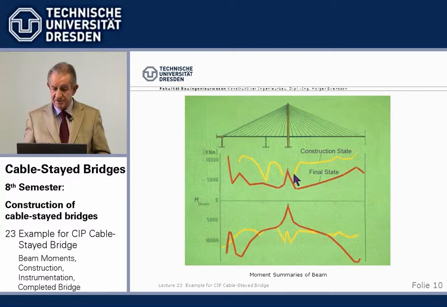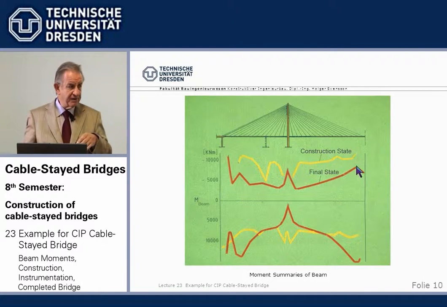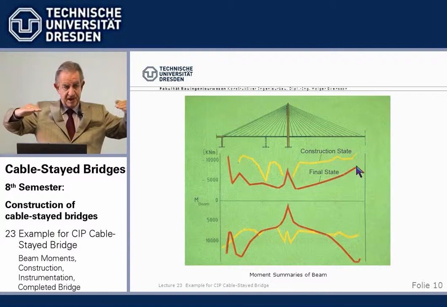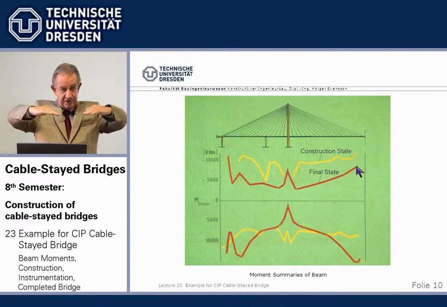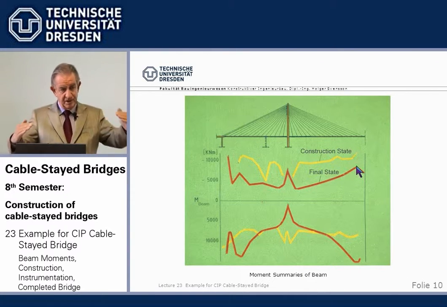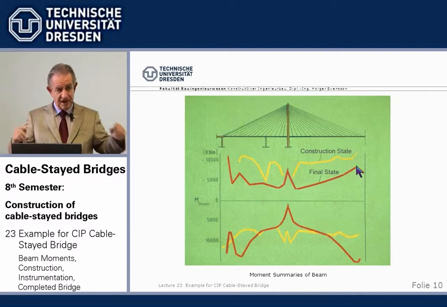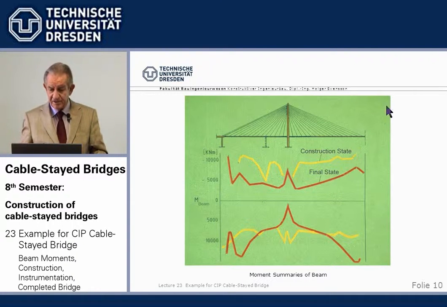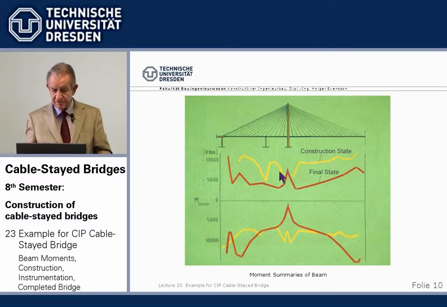And there we can see this stage during free cantilevering is governing against the final stage. Just imagine, free cantilevering, put a load on the tip, the tip goes down, tension at the top, more than in the final stage. So, construction stages, you see the yellow line, are virtually governing in tension on top, negative moments over the full